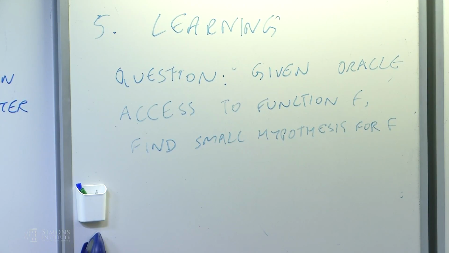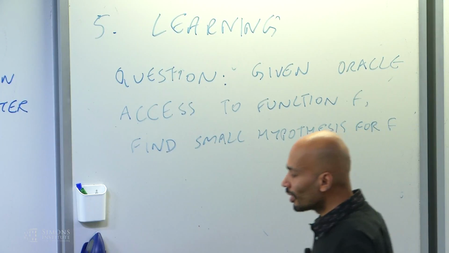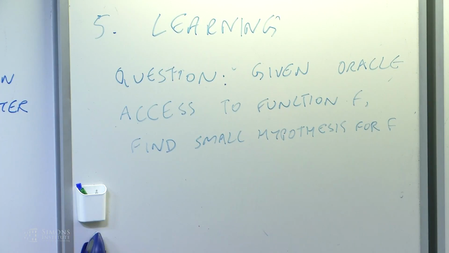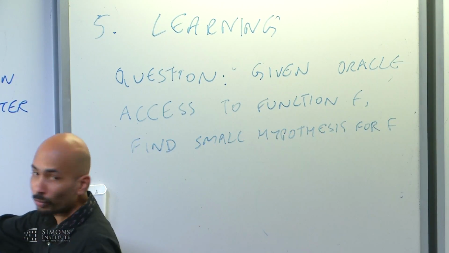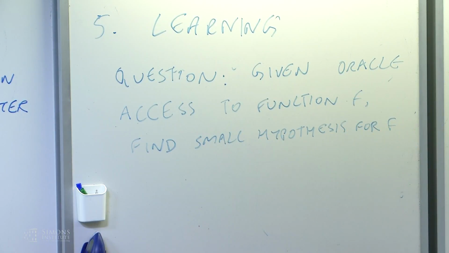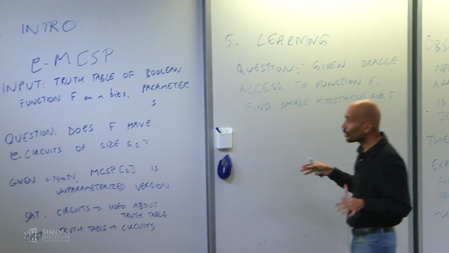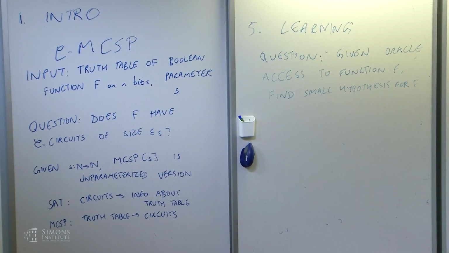If you look at MCSP and the search version of MCSP, it's sort of clear that there's a close relationship here. You're given the truth table of a Boolean function, and you can use that to simulate any sort of black box access you have to a function. Given that, you want to produce a hypothesis, namely you want to solve the search problem: find a small circuit that's consistent with the function. For learning, often the requirements in complexity terms are quite strong. You want to do it very efficiently. Here you have time that's polynomial in the size of the truth table, so you have much more time. But this relaxed version, where you're trying to find a small circuit in time polynomial in the size of the truth table, is essentially the search version of MCSP.